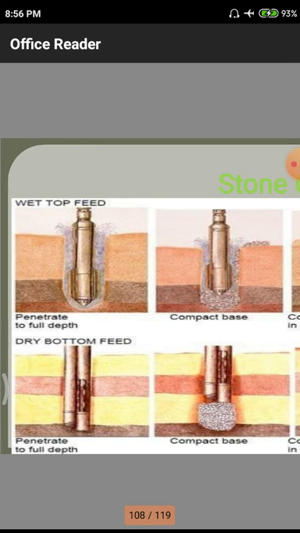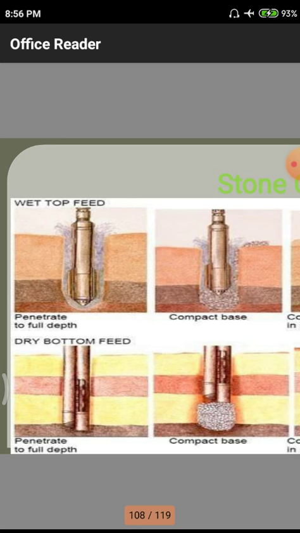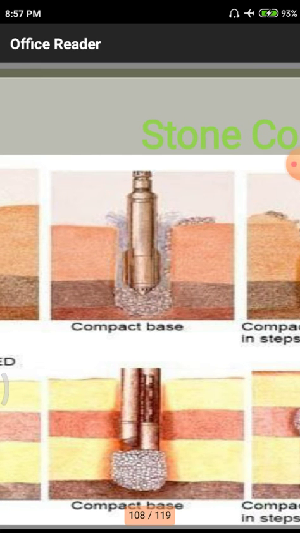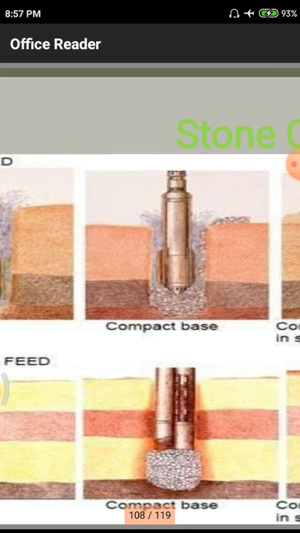They simply use auger boring. Normally for borings we use these augers. Augers are used to vibrate and bore into the particular soil to the full depth. After the depth is reached, they fill in the material with stones and other materials that are available cheaply nearby. After the stones are filled, they need to vibrate. That means the augers have to vibrate from the base level.